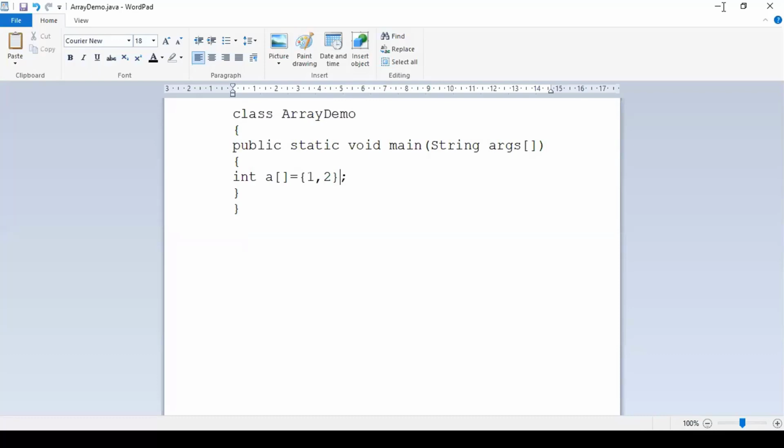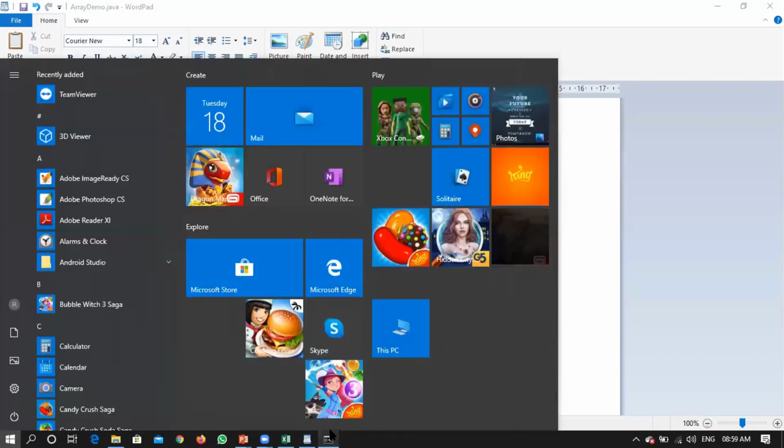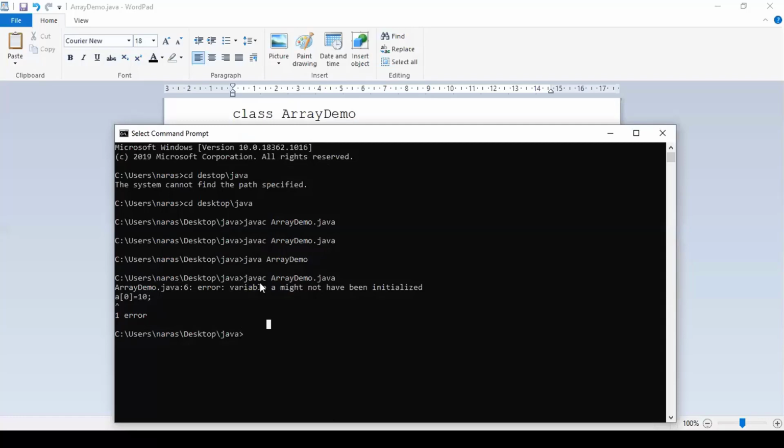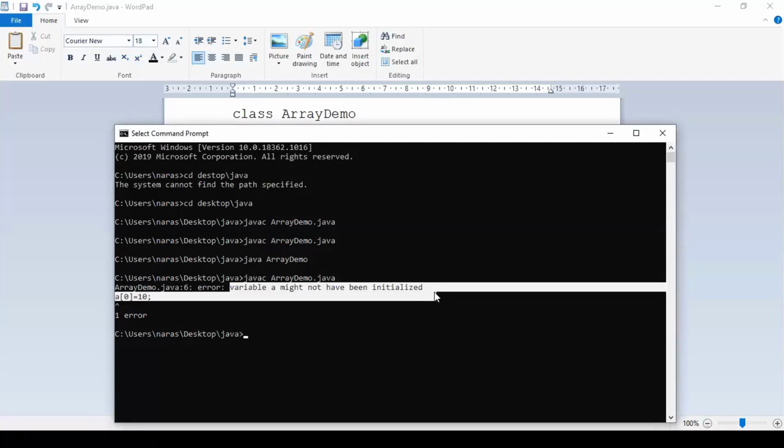I'm just following the error statement. The error statement has said that variable a has not been initialized. It didn't say that you have to use a new keyword and allocate space for that, and it has not mentioned that you have declared a variable as an integer, so logical memory will be created but not physical memory. What it has shown me is a message saying that variable a might not have been initialized. It is just talking about the initialization process.